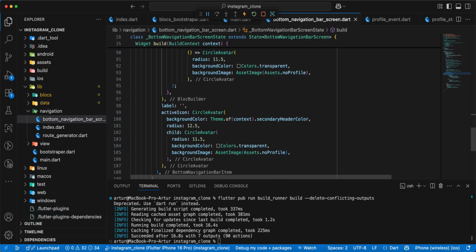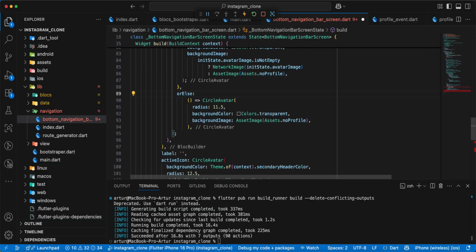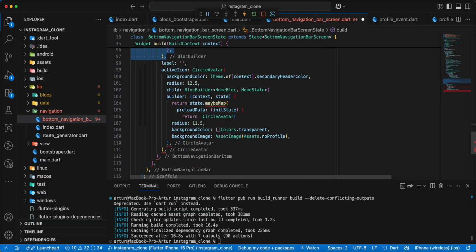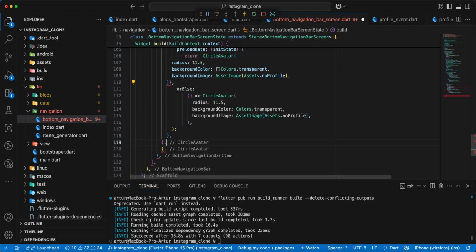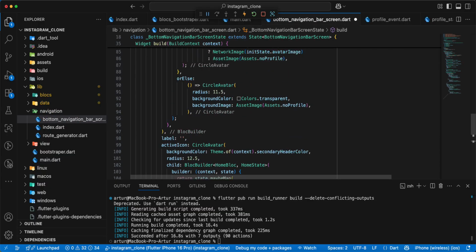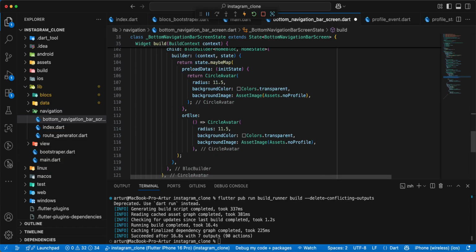Copy BlocBuilder. Copy background image,